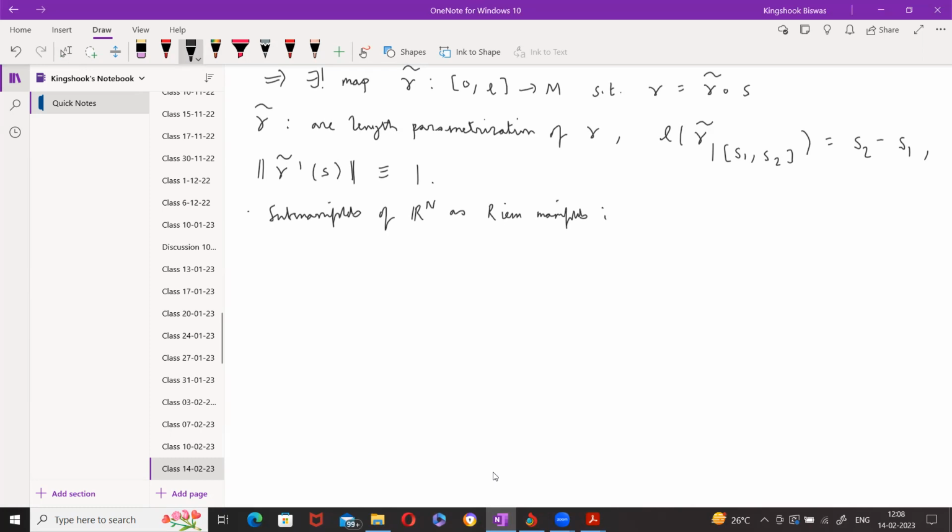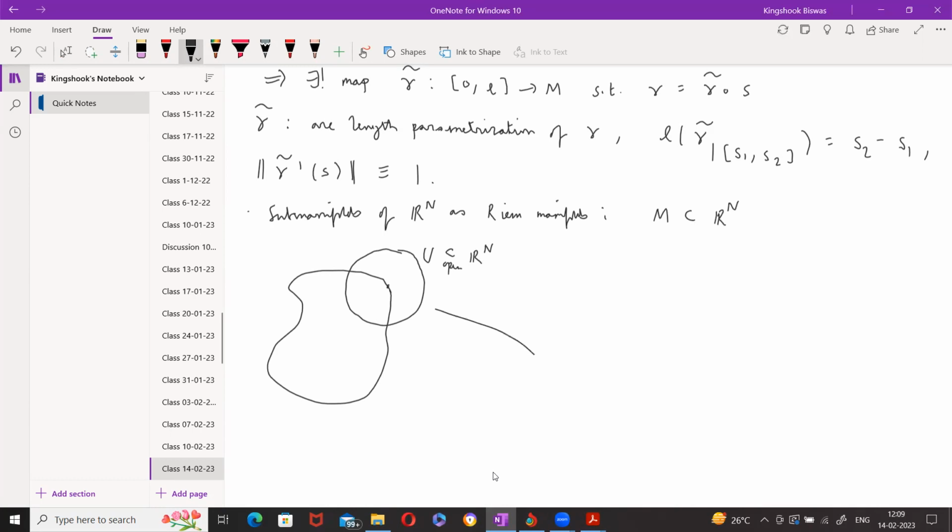So what is a submanifold? It means you have a subset M of R^N, which could look something like this, such that if I take any point, I have a cover by open sets in R^N. So I have some U here, which is open in R capital N, and I have a diffeomorphism phi